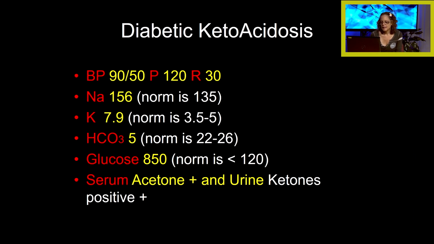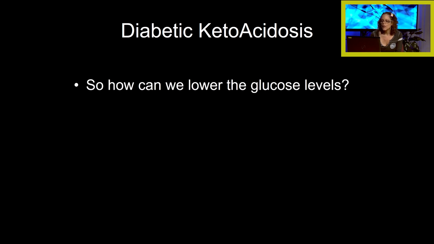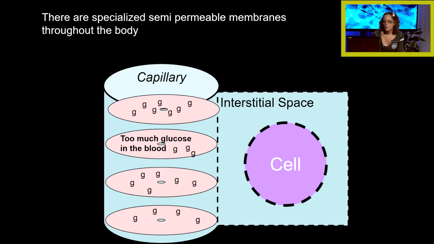So in diabetic ketoacidosis, we see all these abnormal values. What is the first thing that we really want to think about doing here? What we want to do is lower the glucose, okay? So how can we lower the glucose levels? Well,